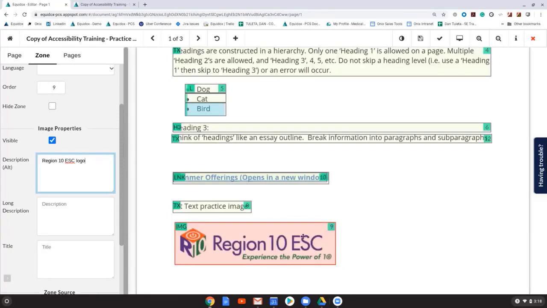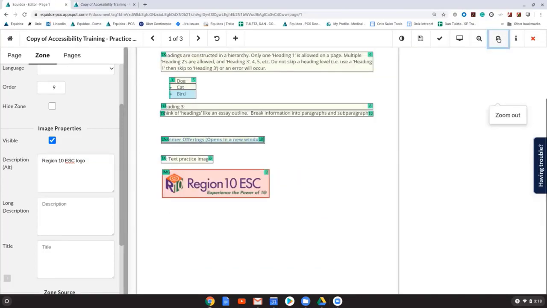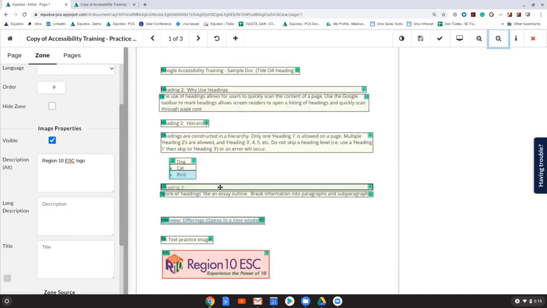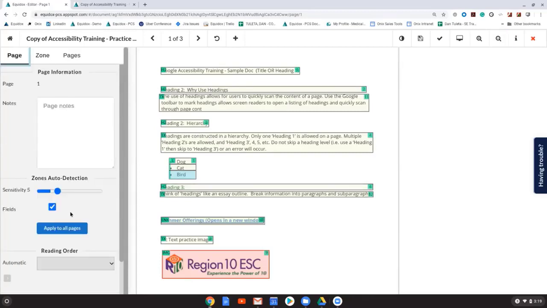So now, of course, we have the reading order issue. Because I was making some manual adjustments to zones, the reading order got a little bit out of whack. So I'm just going to go back to my page tab up here, and I'm simply going to press reorder. And that's going to reorder the page in a left to right, top to bottom